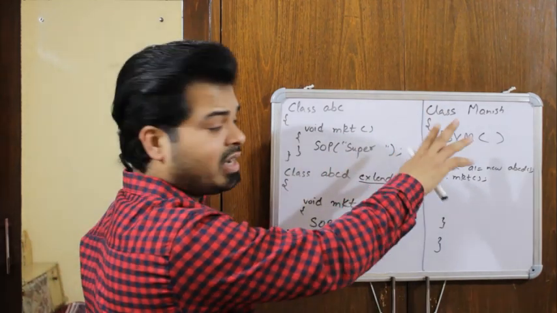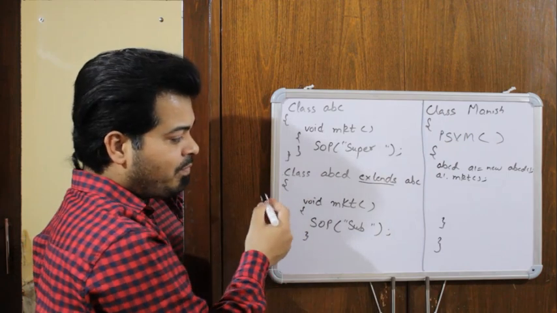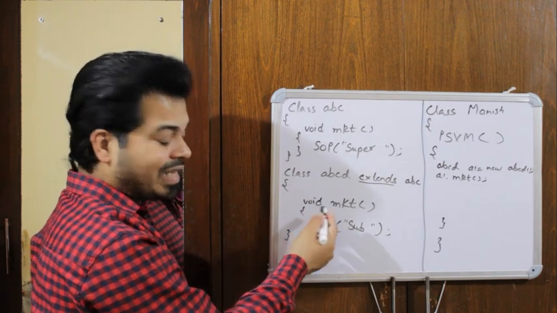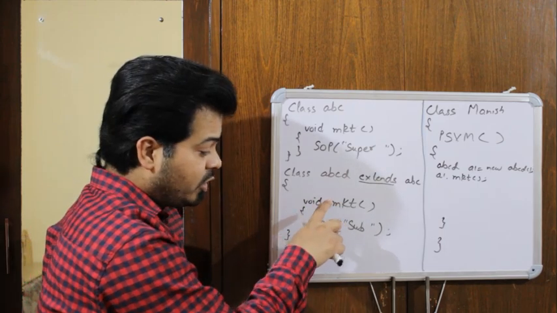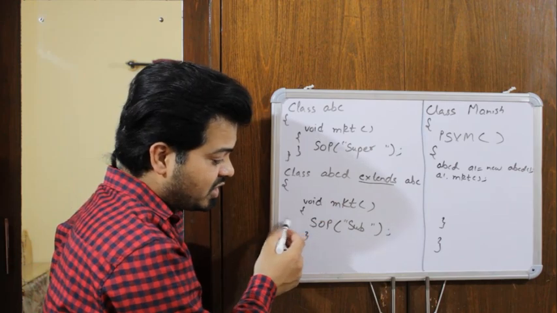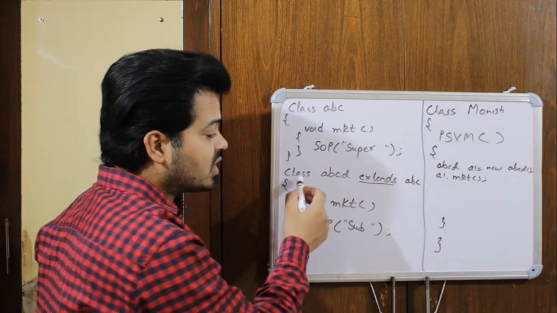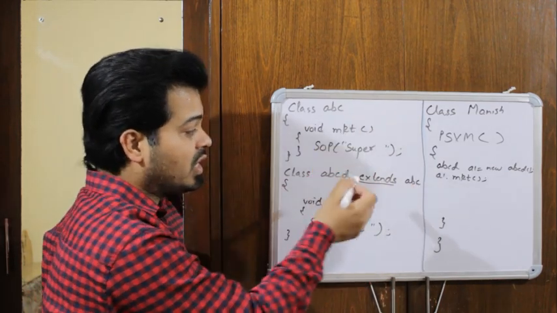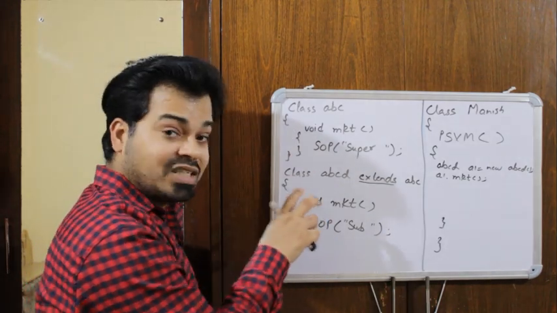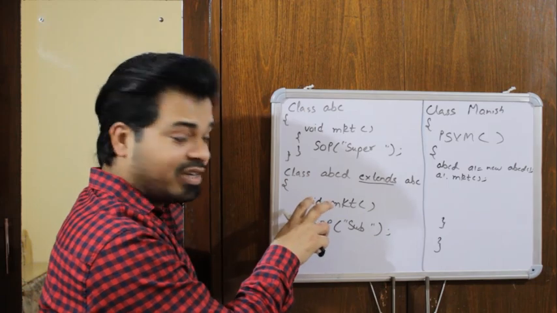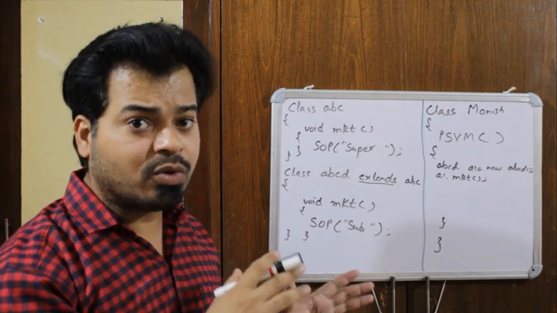Now you have a main class with the main method. Here you have created an object for this subclass because you want to access the method, right? And even though you are accessing this method, you will get only this particular implementation, that is sub. You will not get the implementation of your super. Even though this class inherits the properties of your superclass, you will not get the implementation of this method, because your subclass is overriding this particular method, and this concept is all about method overriding.